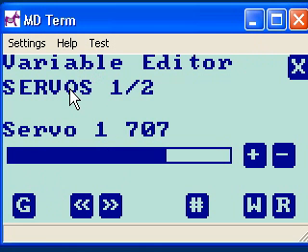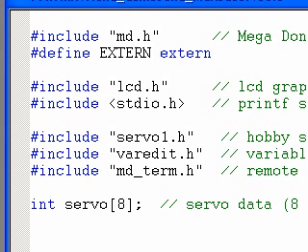Let's take a look at the code that backs this up, just to see how simple it is to use the variable editor and integrate it into your applications. Here's our example application, starting with a couple of header defines. The MegaDonkey is programmed in C, and so here we are declaring references to header files to give us our function prototypes. Standard to every MegaDonkey program is the md.h header, and also fairly standard would be calling in